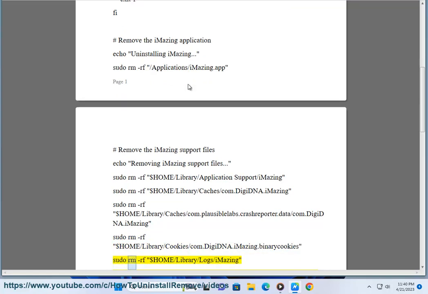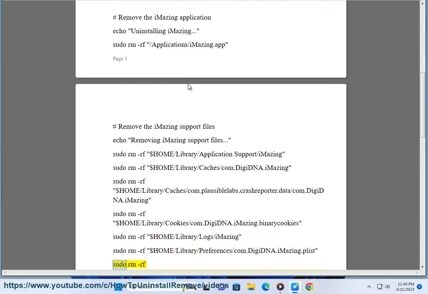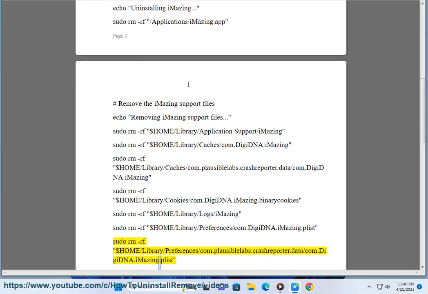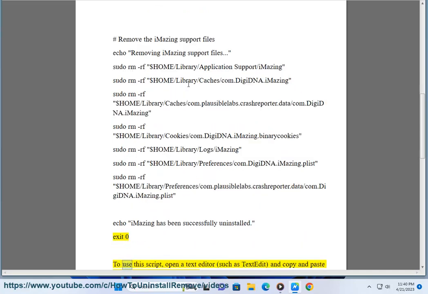sudo rm -rf $HOME/Library/Cookies/com.DigiDNA.iMazing.binarycookies sudo rm -rf $HOME/Library/Logs/iMazing sudo rm -rf $HOME/Library/Preferences/com.DigiDNA.iMazing.plist sudo rm -rf $HOME/Library/Preferences/com.plausiblelabs.crashreporter.data/com.DigiDNA.iMazing.plist echo "iMazing has been successfully uninstalled." exit 0